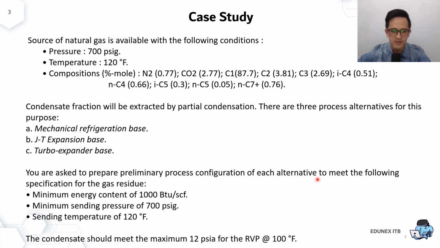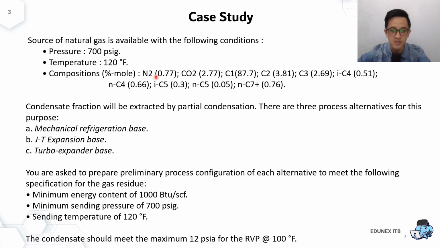So this is the third case study. We have a source of natural gas available at the following conditions. Pressure is around 700 psig, the temperature is around 120 degrees Fahrenheit, and the composition of hydrocarbons goes from methane to C7 plus. The impurities will be mostly CO2 at around 2.77% and nitrogen at around 0.77%, and we don't have H2S at this point because, as explained in the previous slide, it's already separated in the